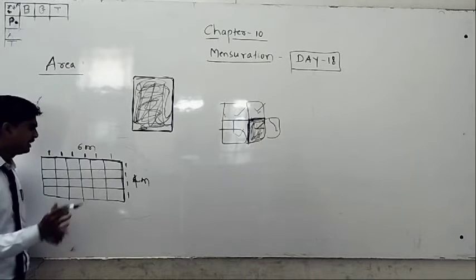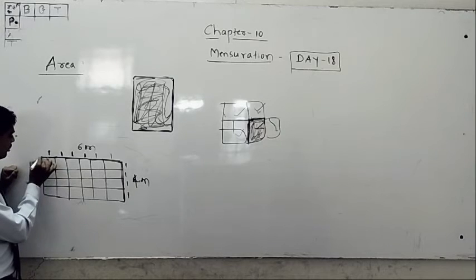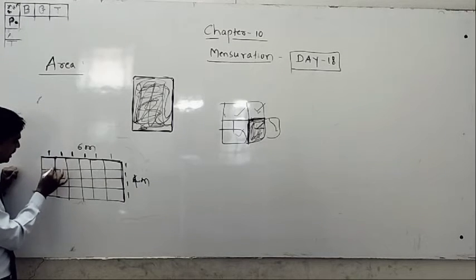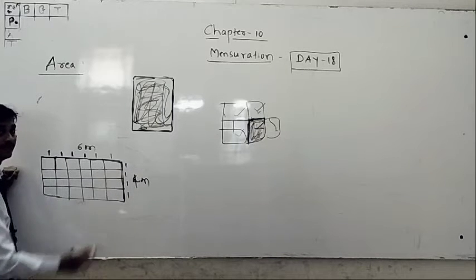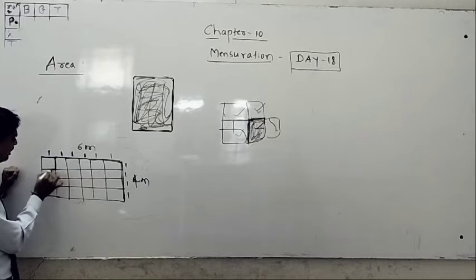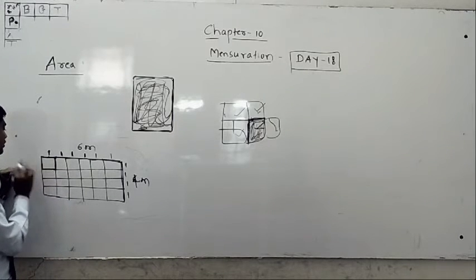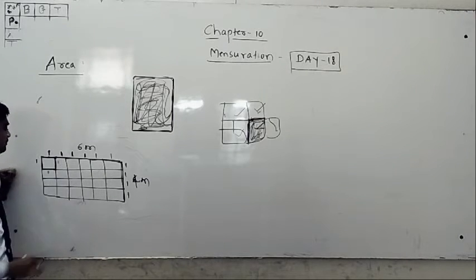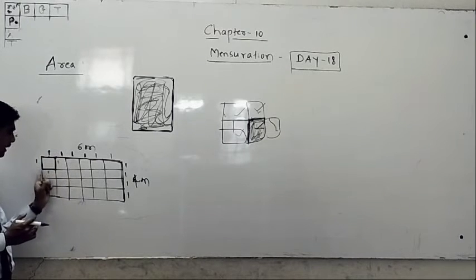Okay, I will ask some questions. Look here: from here to here, how much is there? Sir, 1 meter. Then from here to here, only this much, how is it? Yes sir, it is 1 meter. Absolutely right. And here to here, sir? Same, it is also 1 meter. Then here it is also 1 meter. So all sides are 1 meter.